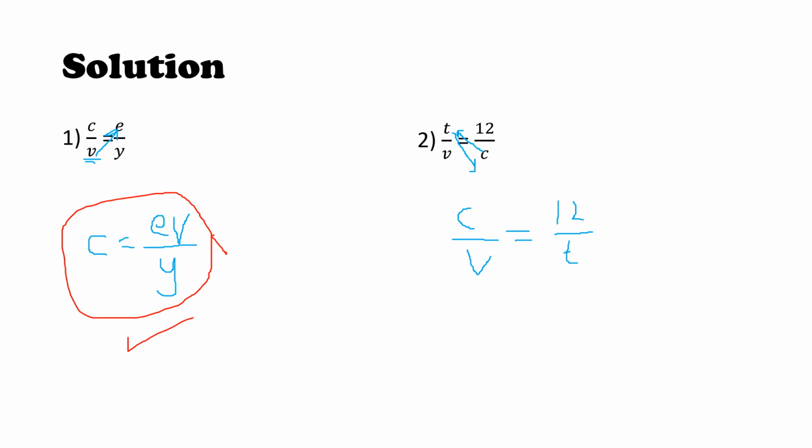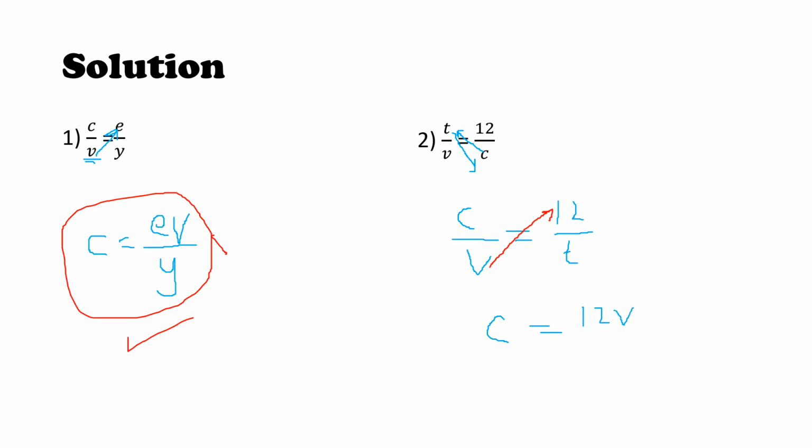Now I need to get rid of the V. And how do I get rid of the V? I send my V to the top, and I leave it there, and I leave the C there for itself. When I do that, I will have C is now equal to